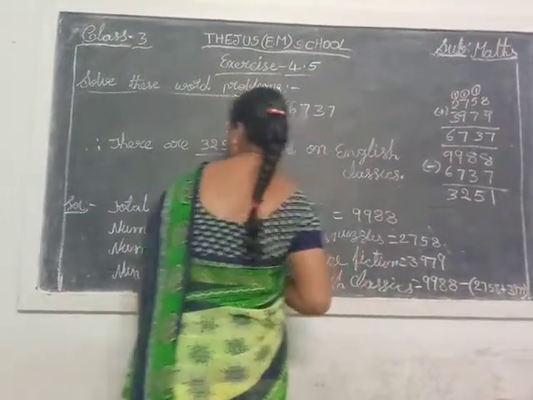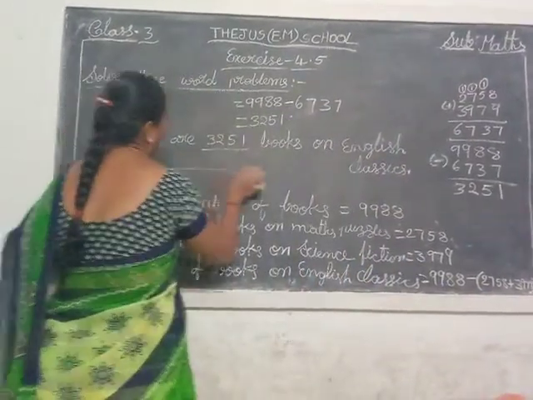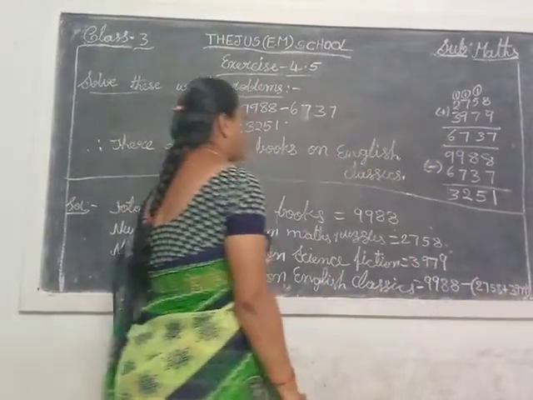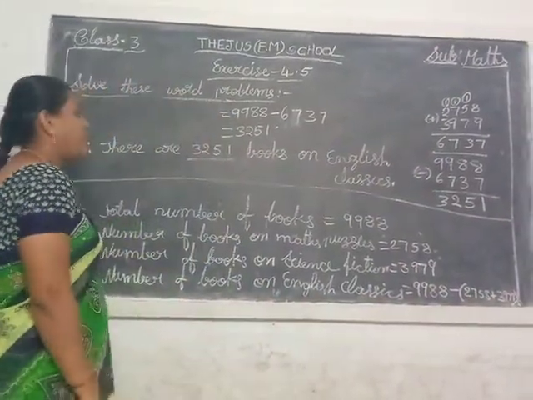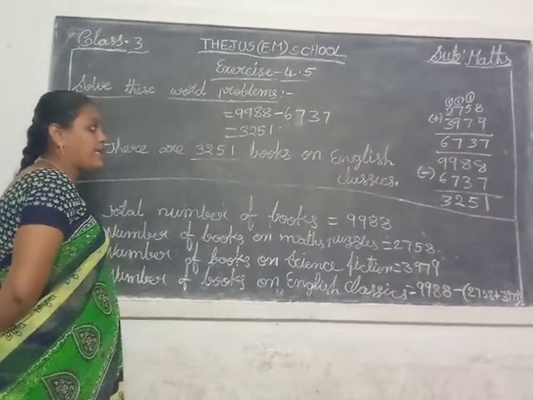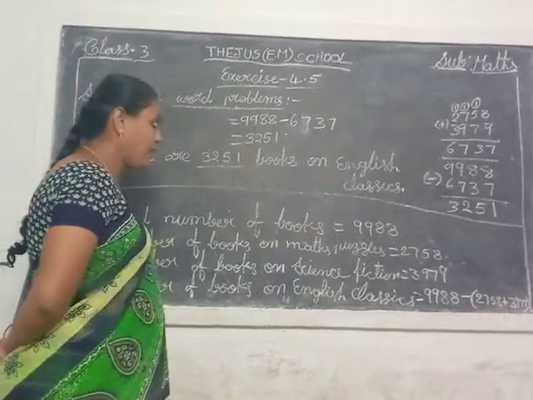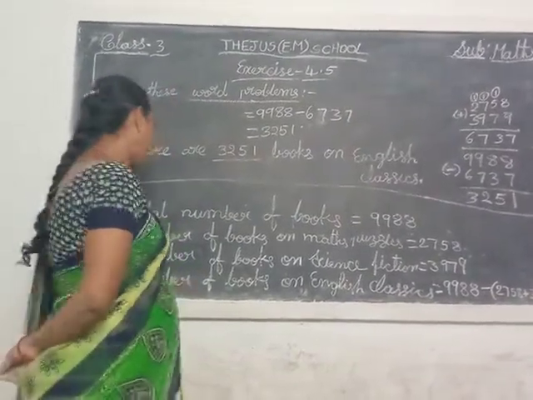Okay, children. So here he asked how many English classics books are there. There are 3251 books on English classics. Okay, children. There are 3251 books on English classics. Total number